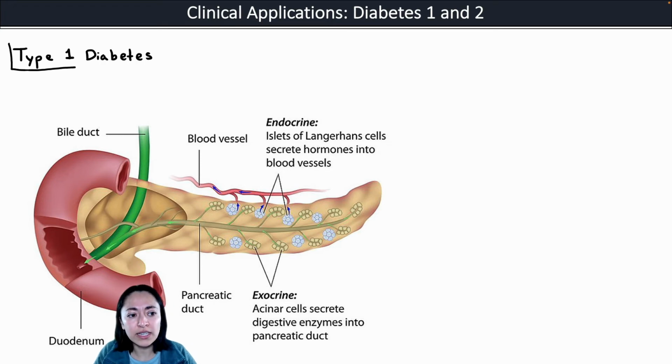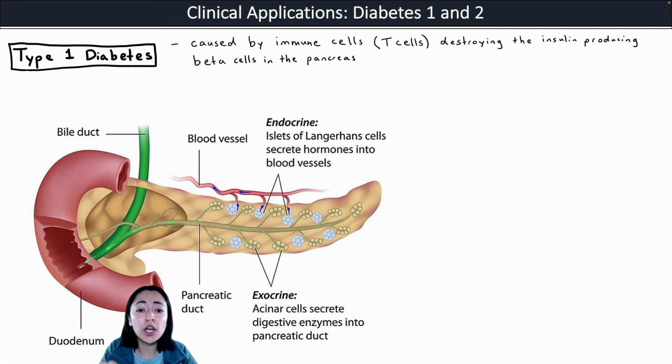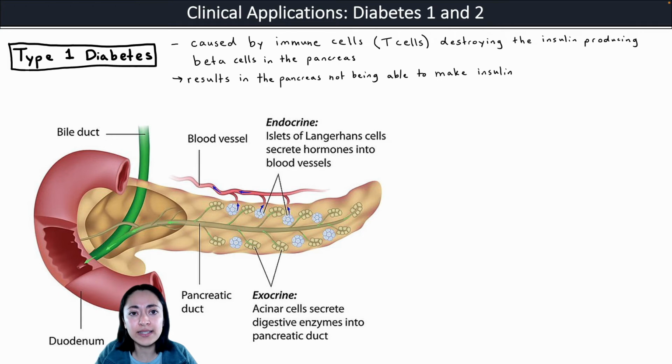So let's look closely here at what causes type 1 diabetes. Type 1 diabetes is caused by immune cells, specifically our T cells, destroying the insulin-producing beta cells in the pancreas. So in other words, type 1 diabetes is actually a type of autoimmune disease where the immune cells are attacking your own body cells, and specifically the beta cells within the pancreas. This results in the pancreas not being able to make insulin. Someone with type 1 diabetes is not able to produce enough insulin,